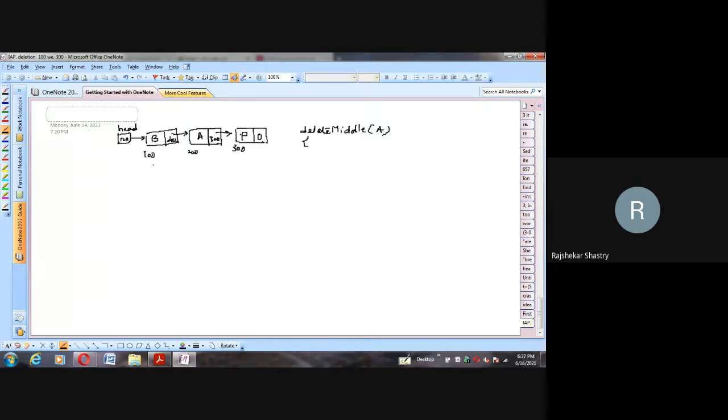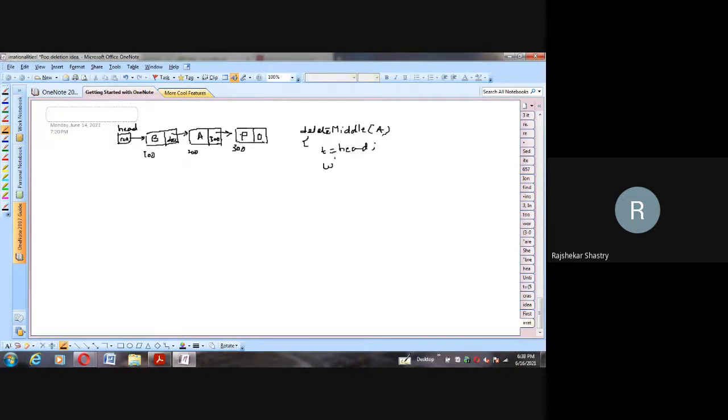So remember, insertion before as well as deletion are the two operations in a single linked list that have to be performed by standing one node before the actual node upon which we are performing these operations. So for the deletion also, since I want to delete A, I should not stand on the node A. Rather, I have to stand one node before. So for that, what I will do is let T equal head. I am assuming that a temporary variable T holds the address of the head node.